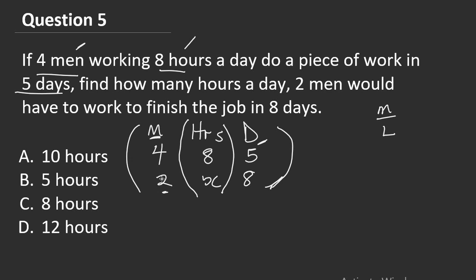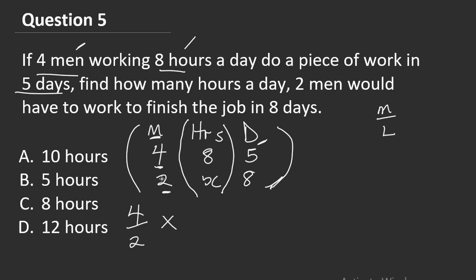Back to the column for men, I'm going to repeat this again for clarity's sake. If 4 men work and get a job done, working 8 hours, 2 men, for them to finish this job in the same number of days that it took them to do the job, need to put in more hours because the men are fewer here. So if more, less, under, so the more is 4, the less is 2, it will be under, times,